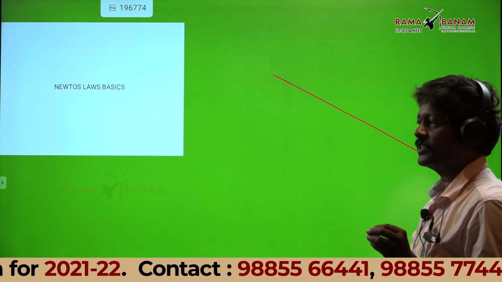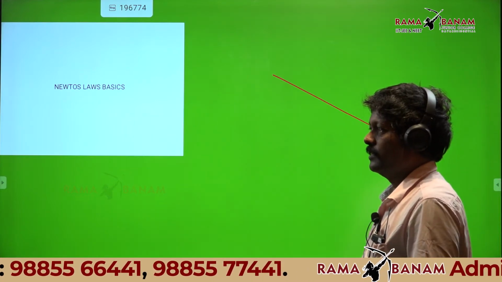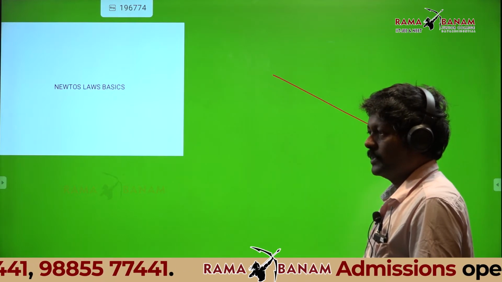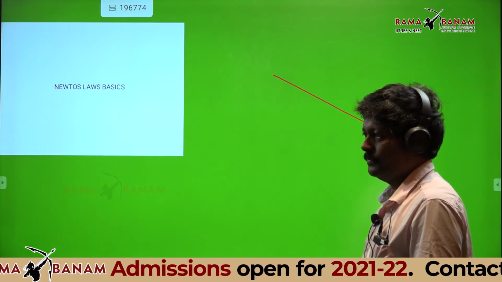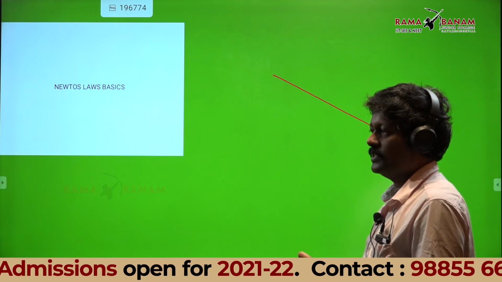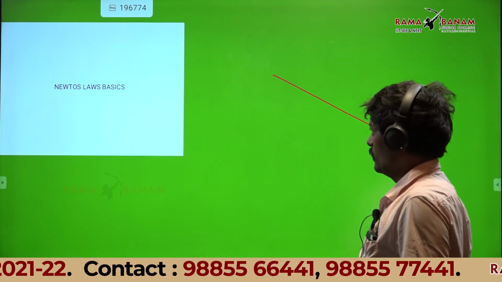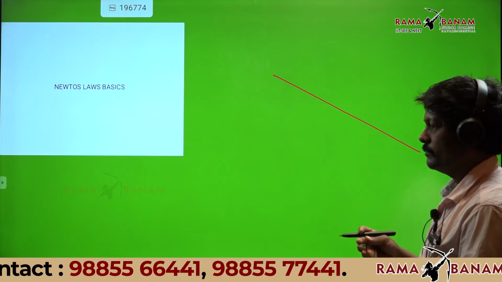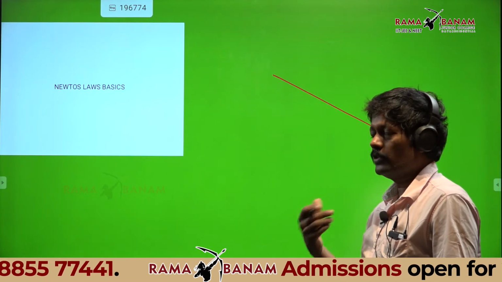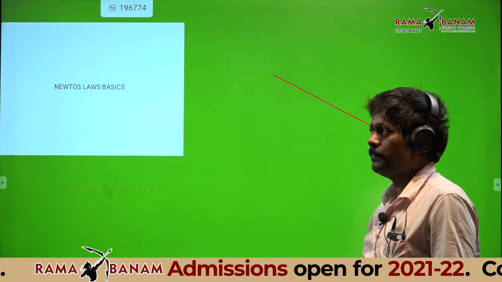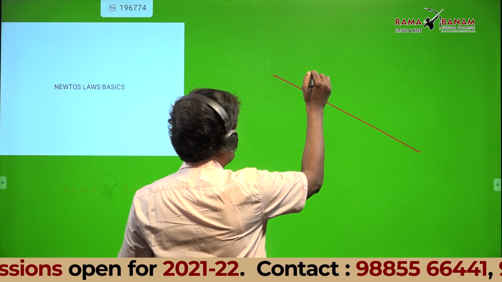Till now I explained what you already know: Newton's laws fundamentals, how to use the equations of motion, and the sign convention. But from today I will give the fundamentals of graphs, how to draw the graph, and the calculus part I am going to explain. Now listen, on this inclined plane if you take a body,